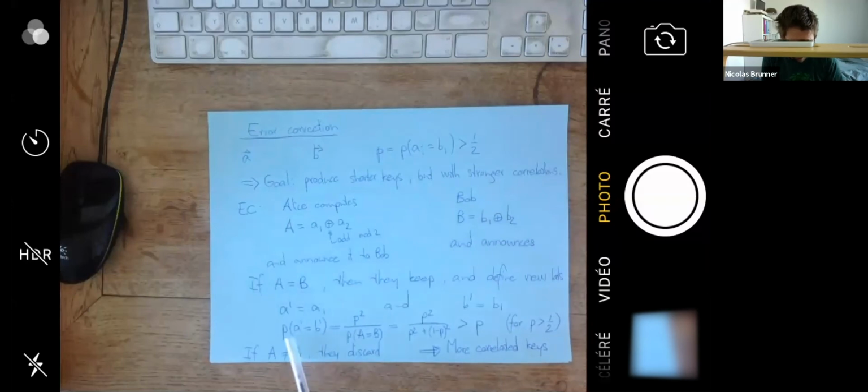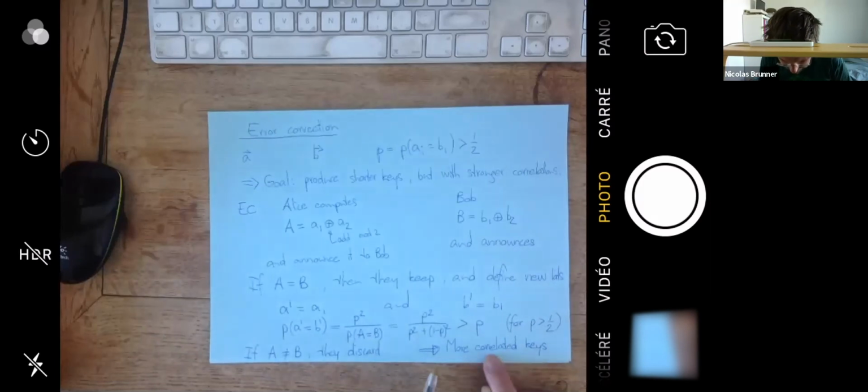Because this probability, although it is bigger than P, it may not be 1 yet. However, you see, I can bootstrap this protocol. I can make it several times. And at some point, the probability here will be as close to 1 as I wish. And if the probability that the two are equal is 1 minus 10 to the minus 26, then it's okay, right? They are perfectly equal. So that's the idea of error correction.